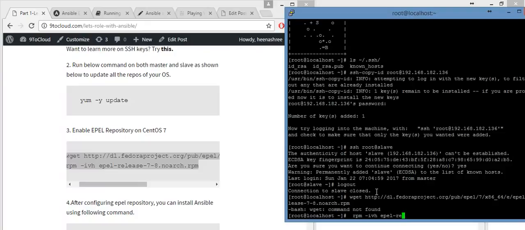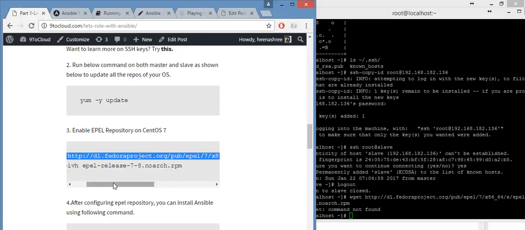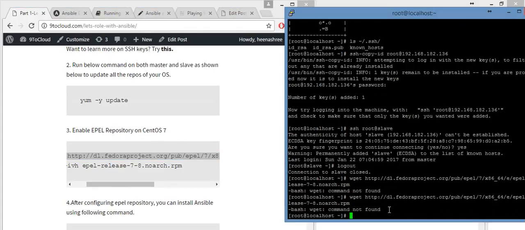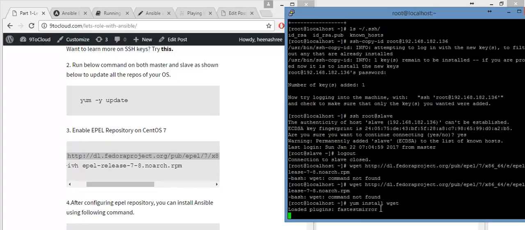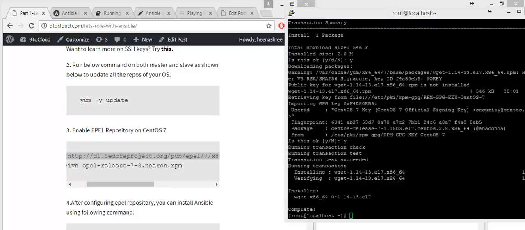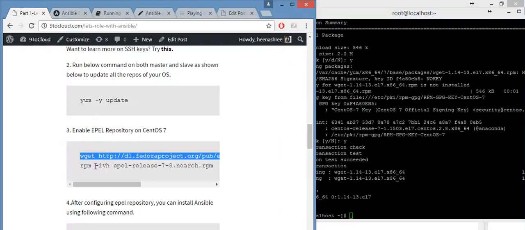Oops, that's a wrong copy. Okay, so I do not have a wget. So now I have installed wget. Now I can